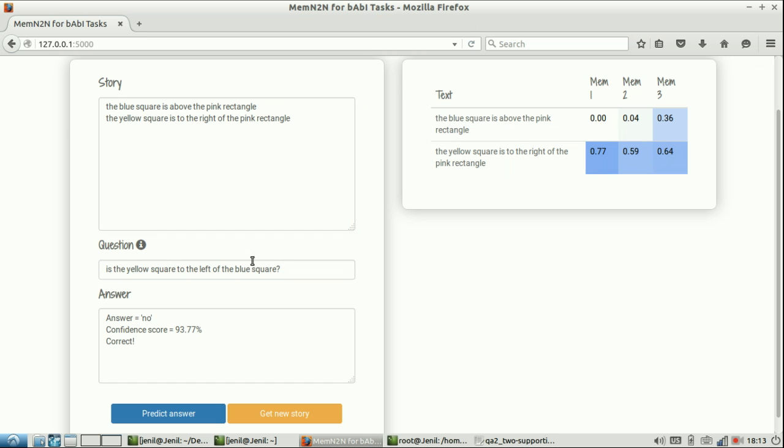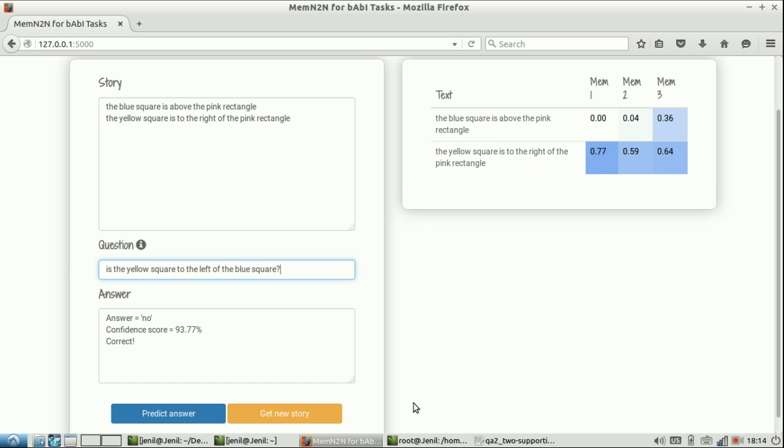Again, you take the question, obtain memory, and again find the scoring function. You obtain another scoring function, that's the second sentence. Now you take the first sentence, second sentence, and the question. This is called the third hop, and you'll again get a scoring function. It's in your hands how you define the number of hops. Sometimes even one hop is sufficient for one supporting fact, sometimes more are needed.